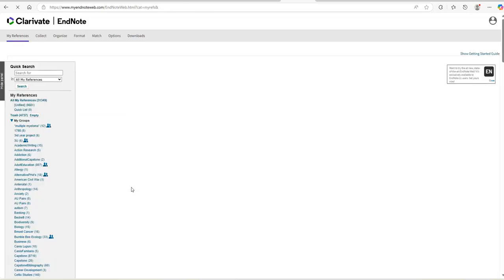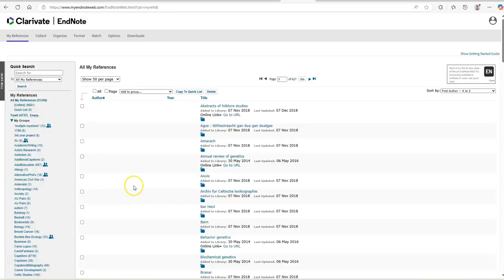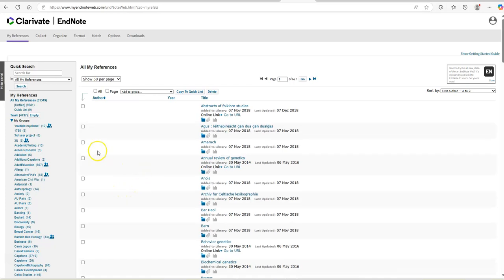You'd register for your EndNote account, export references into it, put them into groups, again just by selecting the ones you want to move, add to group, as handy as that. Unlimited amount of storage, so you're not going to have a problem that way. So the next bit, I suppose sometimes the most interesting bit, is the Cite While You Write tool. So I say you would have downloaded that from Downloads, Cite While You Write, and what will happen there is